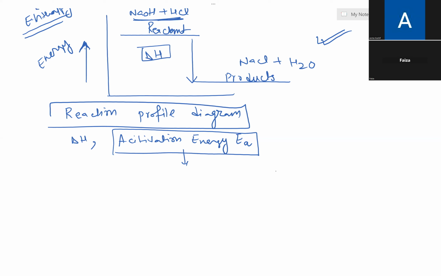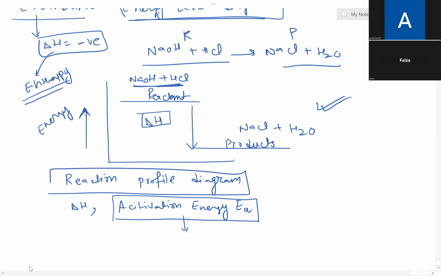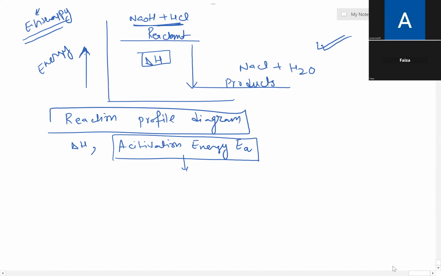So what we were doing basically, when we were doing the reaction profile diagram, we have to add one more thing, which is activation energy. And what is activation energy? Activation energy is the energy, or minimum energy. You can write the definition also. The minimum energy